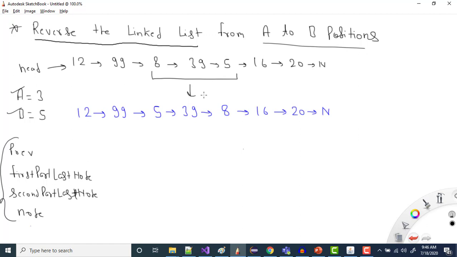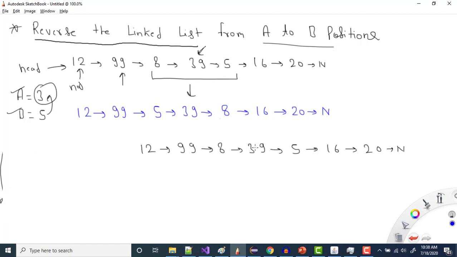So let's see that thing and then one by one we will try to solve how we can do that. So let's understand it this way, because if we need to reverse from this point to this point, right? Here we need to reverse from here to here because my positions are 3 to 5. So it means my first aim is to reach till here, right? Because this is position 3, it means I will iterate 2 times. So in the first iteration it will reach from here to here, in the second iteration it will reach from here to here, right? So it means I have reached till here, so this is my node, right? And I am also storing the previous node.